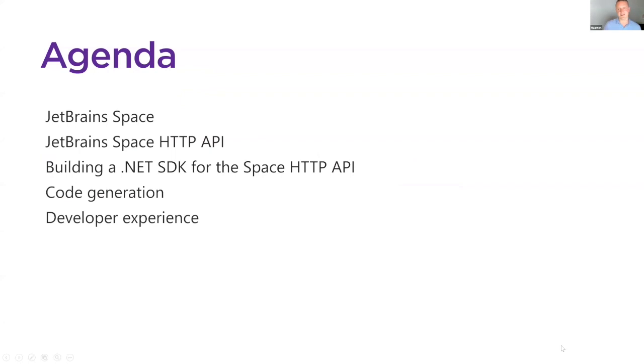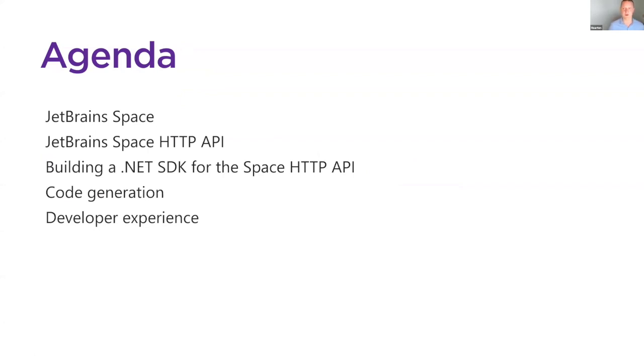The idea of this talk is to talk a little bit about JetBrains Space, what it is, what it can do for you. I don't want to make this a marketing speech by any means, but I do want you to realize that it's a massive product. And as a massive product, we obviously wanted to build a proper HTTP API for that, but also make it easier for other developers to actually start working with it, build integration with it, build applications for it, things like that. So we'll start with that, quickly go through Space, what it is, what it can do for you,